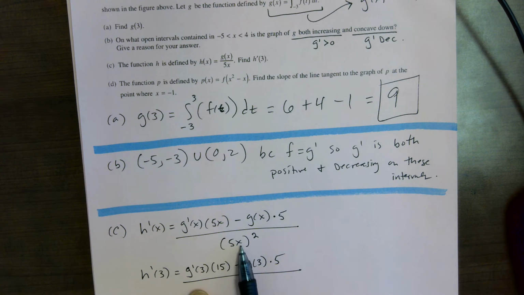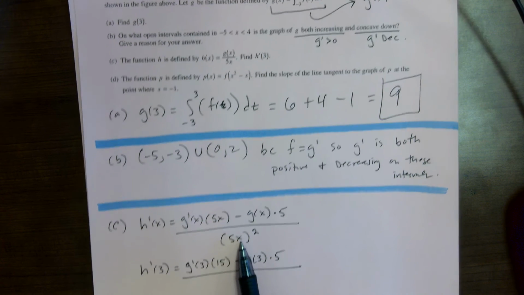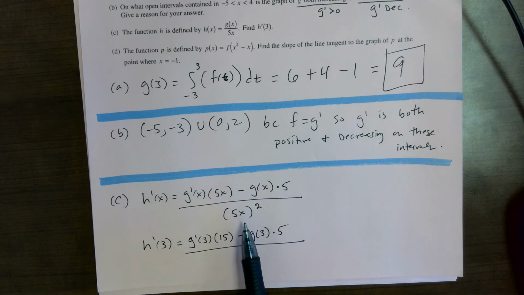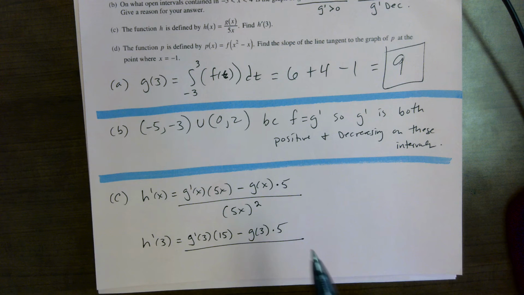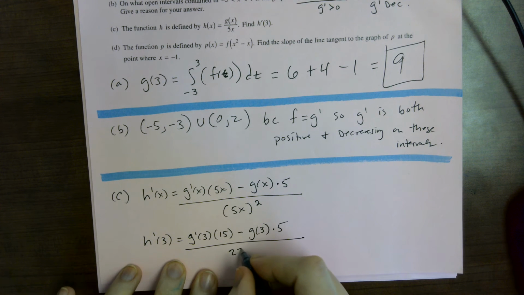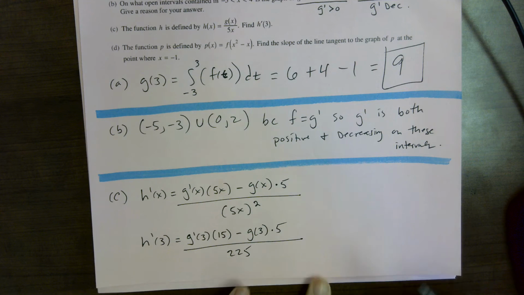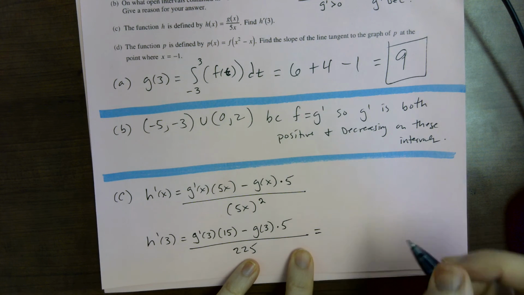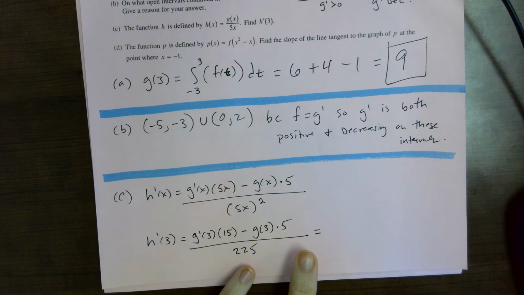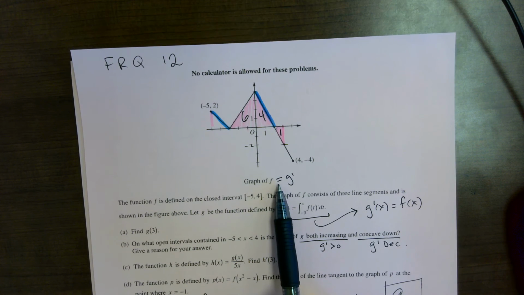if you plug 3 in here, you get 15. You plug 3 in here, so you get 15. 15 squared is 225. Okay, now we just need to know what g prime of 3 is and what g of 3 is. Well, guys, the great news is that, well, for g prime of 3, guys, this is the